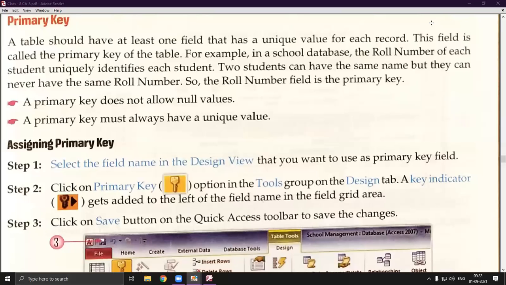Because if we want to uniquely identify anyone, we need a particular data set. That data set will be the primary key. The primary key is a field which will be unique in the whole table. Supposing Akshat, Anjali, Anshul, all three are reading in section 8B, I am saying this as an example. How will I uniquely identify him?